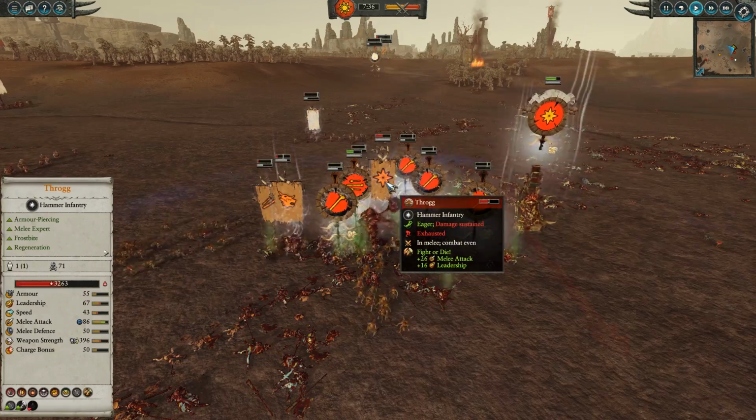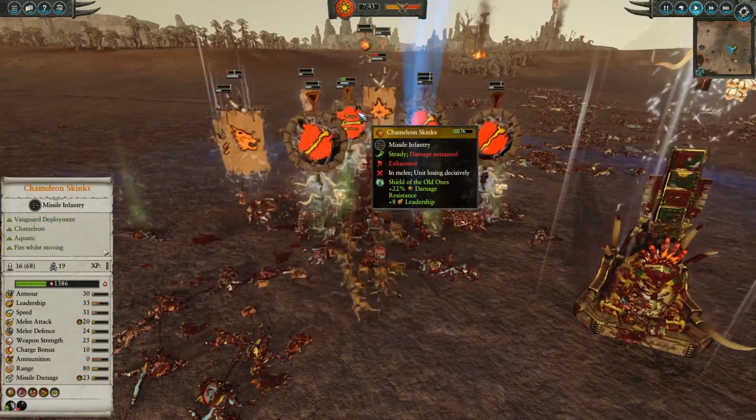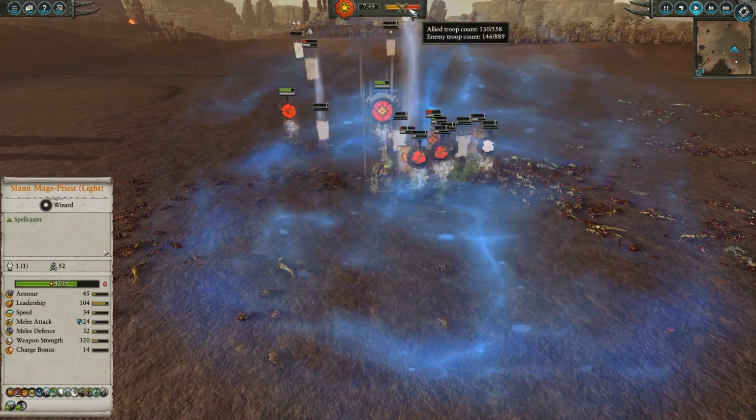But anyways, the Temple Guard are going to be piling back in on top of Throg, and this is a good situation. Throg is poisoned. All of these troops are poisoned, just showing the real versatility of these Chameleon Skinks. And I'm really just able to pin these guys down. Shield of the Old Ones is getting dropped as well, and it's just the final battle. I mean, the balance is pretty much dead even. No one's in a clear...